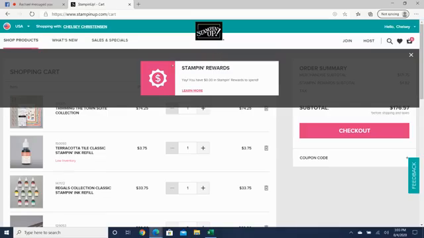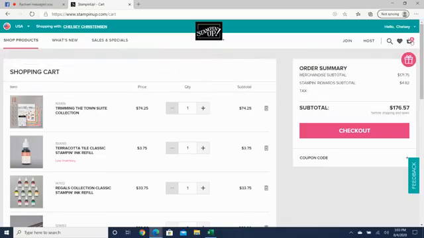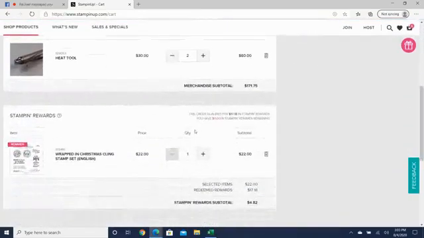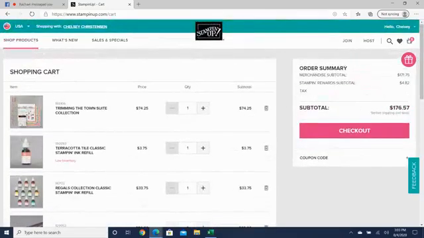When I look at my cart, after I've hit that $150 in sales, anytime you go to your cart, you're going to see that you can claim host rewards, just like that pop-up. Okay, so down below, this is telling me that I am using my Stampin' rewards for the Wrapped in Christmas stamp set. So I have claimed that as my reward. Now, if I continue to add things to my cart,